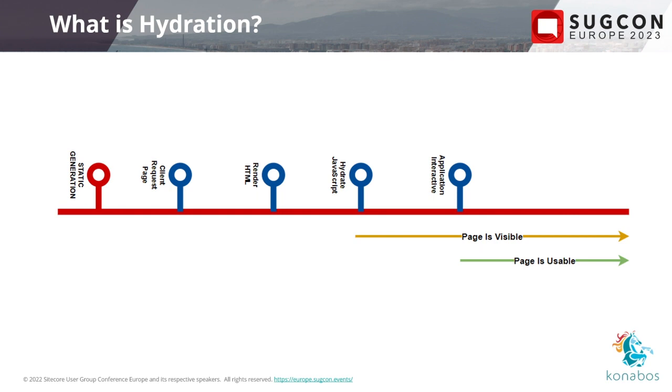But at the bottom of the page, you're going to see a massive payload of JSON. This is all the serialized data that was generated on the server that it now needs to send to the client so that it can rebuild this React application